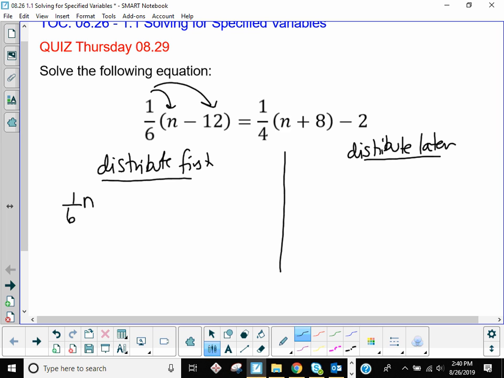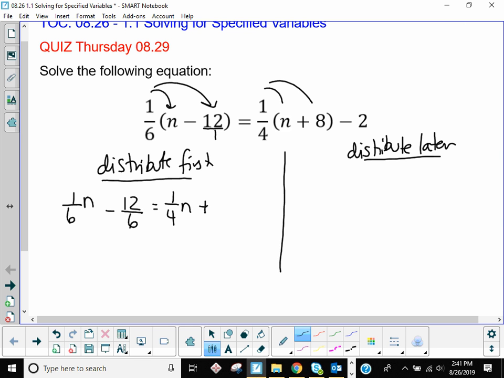And then when you do 1/6 times 12, remember 12 is over 1. And when you multiply fractions, you go across the top and across the bottom, right? That would give you 12 over 6, which is really what? 2, right? Okay. And then if you're distributing this 1/4, that's 1/4 n